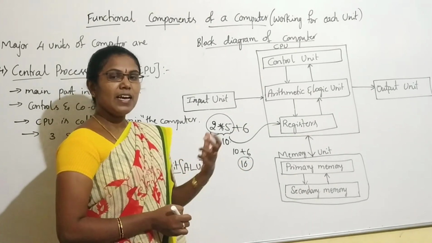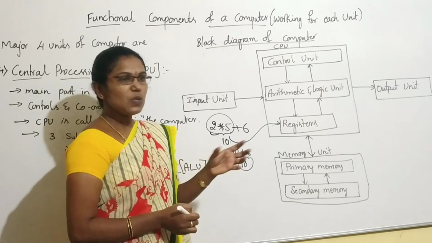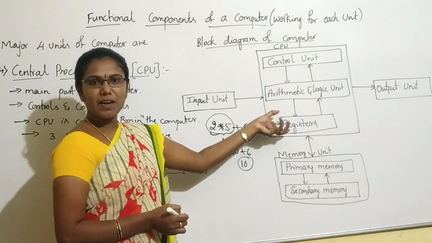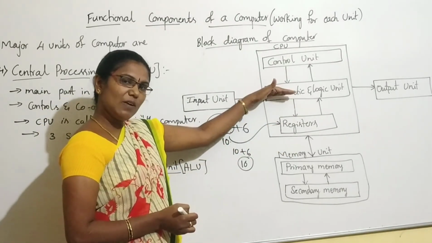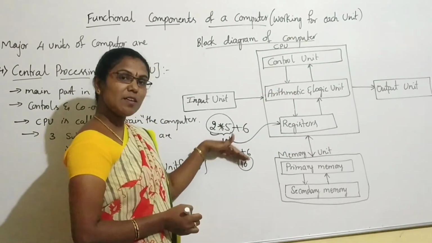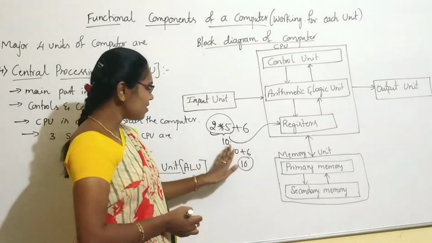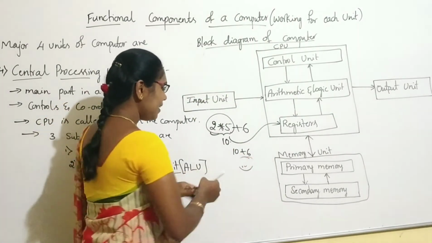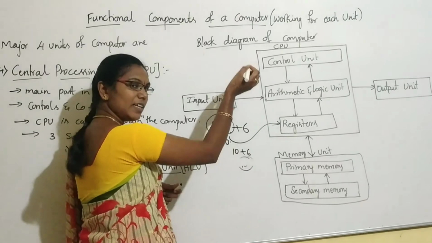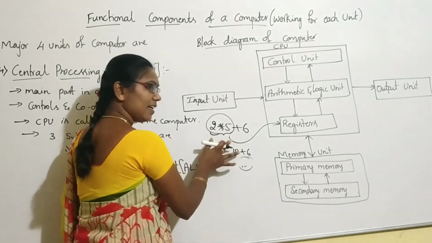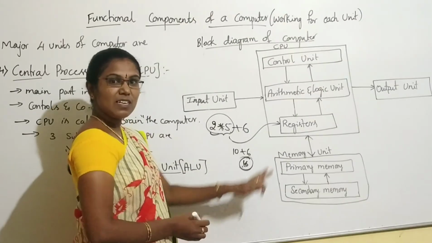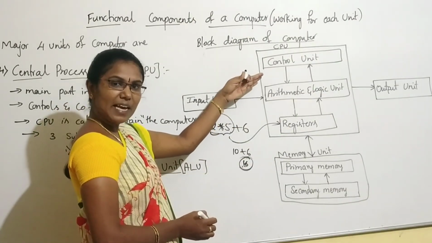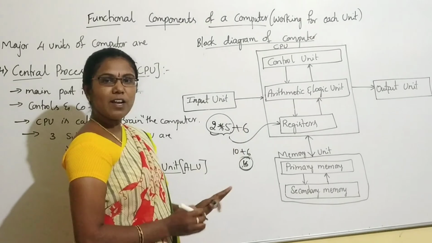Buffer area means it will get refreshed. So it is a small area. It will store the intermediate results. Once the final result is given to the ALU, or once the intermediate values are sent to the ALU, the registers are refreshed. Here the 10 is passed to the ALU, so the register no longer holds 10; it becomes free. Again the 16 value should be stored in the register. Once the 16 value is sent to the ALU, again the registers are free.